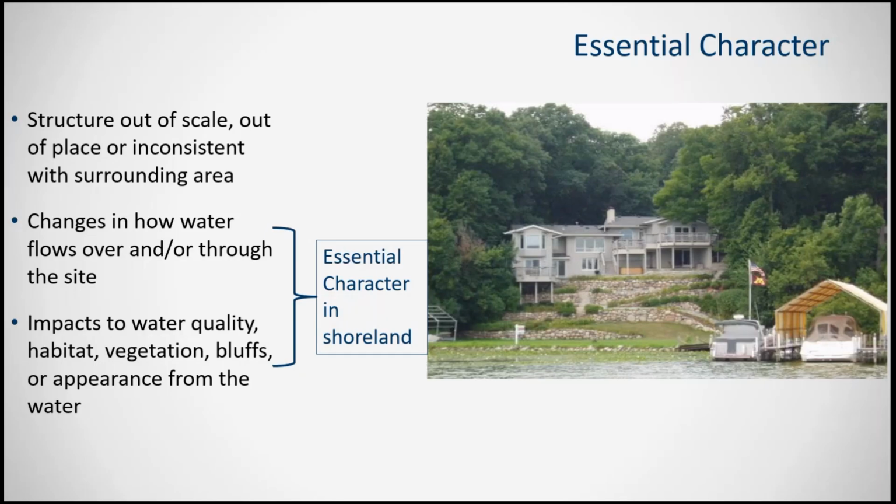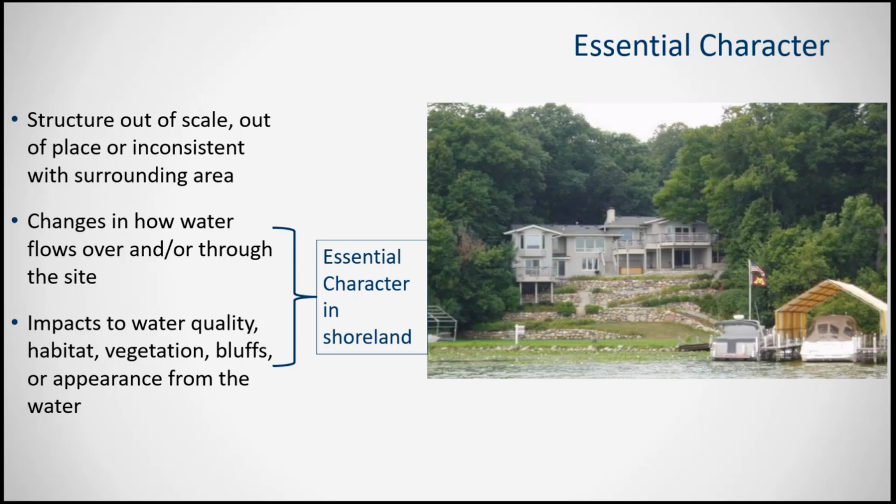One of the important things is, how does water flow through or over the site, and what impacts does the project have on water quality, habitat, vegetation, bluffs, or appearance from the water? Because these are all essential elements of the shoreland area, and when you develop in the shoreland area,